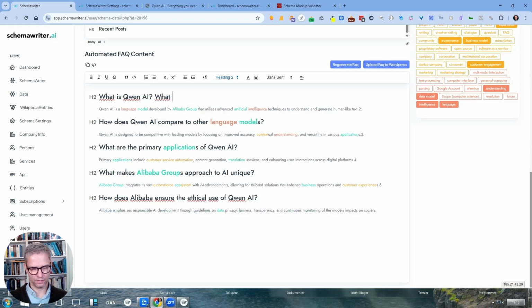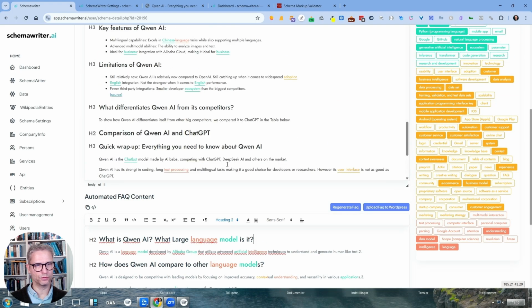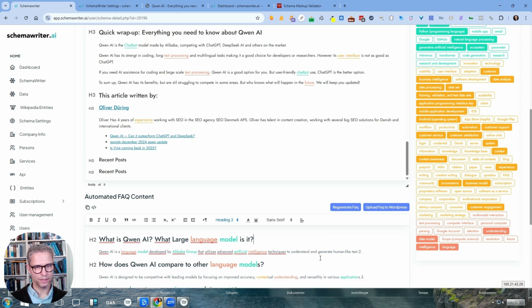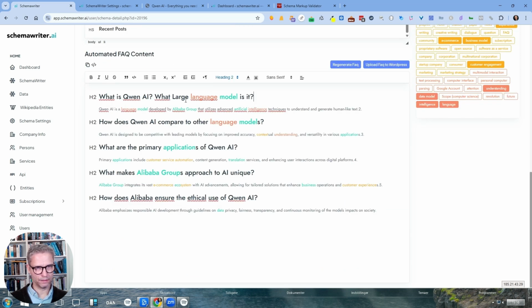What large language model is it, for example. So if I introduce an entity in the H2, which I advise you to do, I advise you to introduce as many entities as possible in the H1 and H2s. So anyway, if I make this change here, what is Qwen AI, what large language model it is,